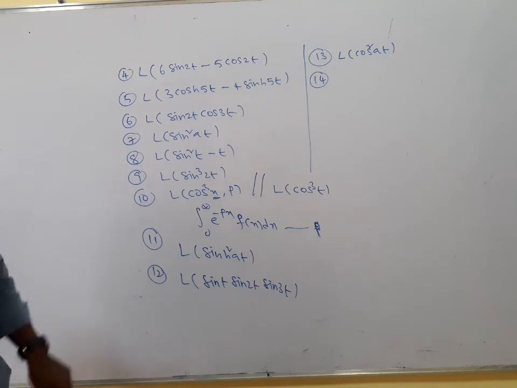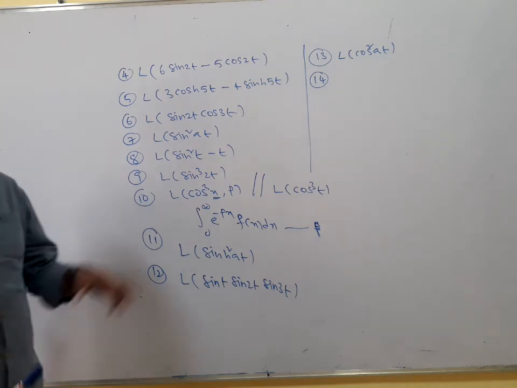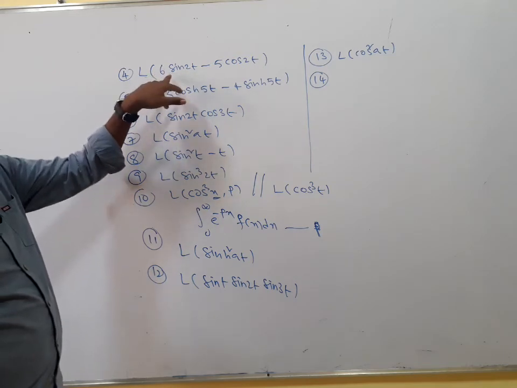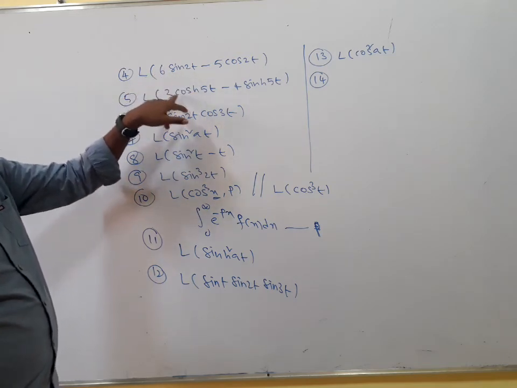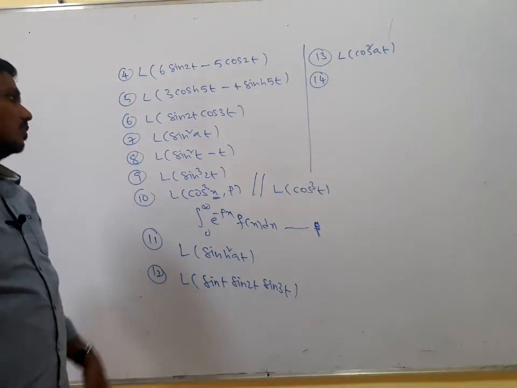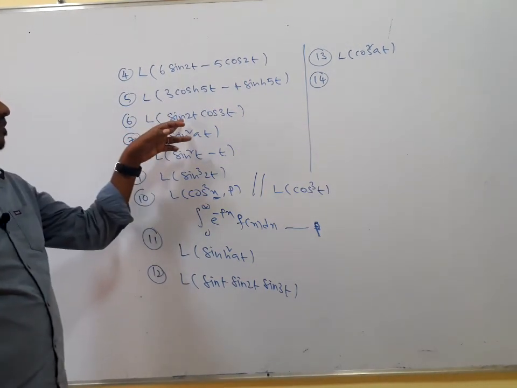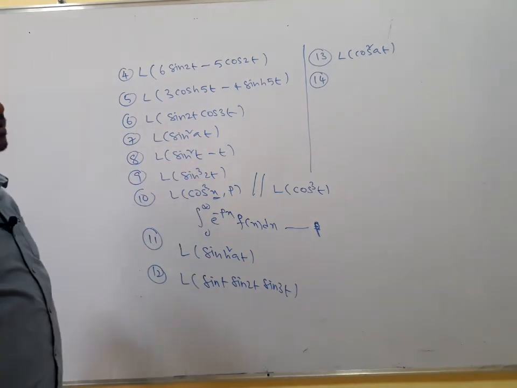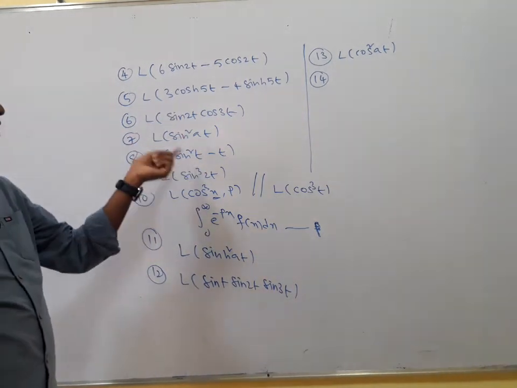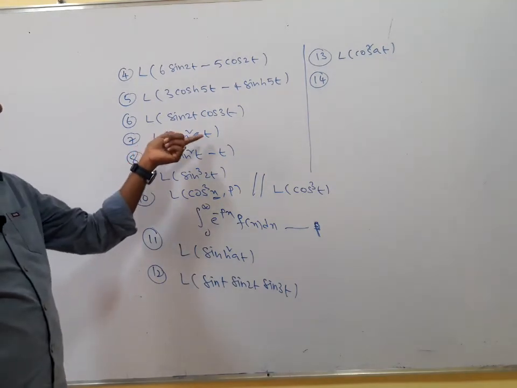These are the problems, we solve it. Yes, for the fourth one, no problem, you can apply the linear property and you will get it directly. Fifth one. Now coming to the sixth one, you are multiplying with 2 and dividing with 2. So here 1 by 2 of 2 sin a cos b. 2 sin a cos b is equal to sin(a plus b) plus sin(a minus b).